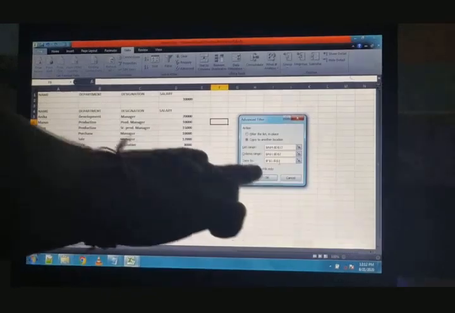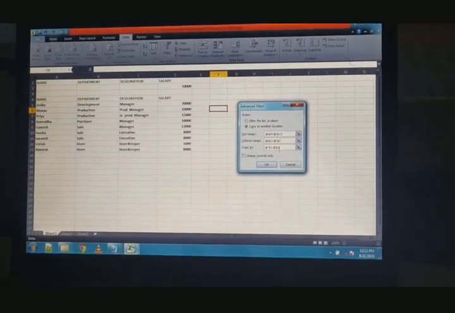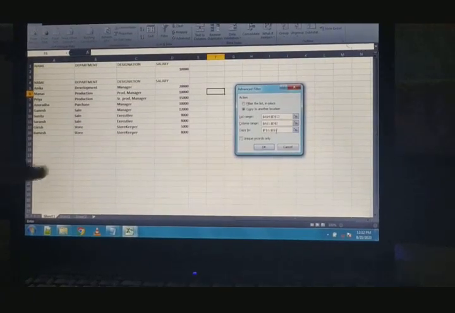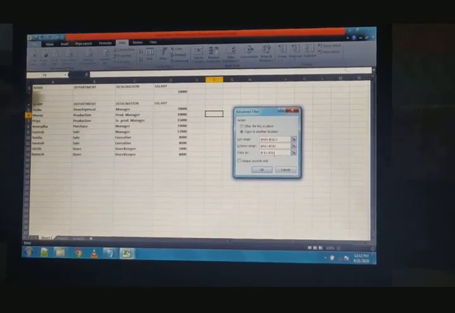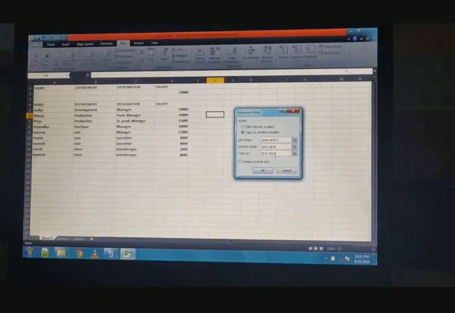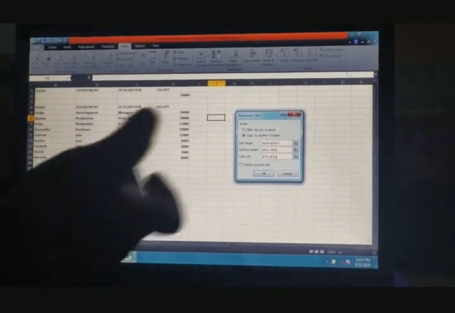When I press the OK button, what will happen? It will display the records of those employees who have the salary of 10,000, and this data will be shown in this position from F to I, because I have given the absolute address of this for copying.